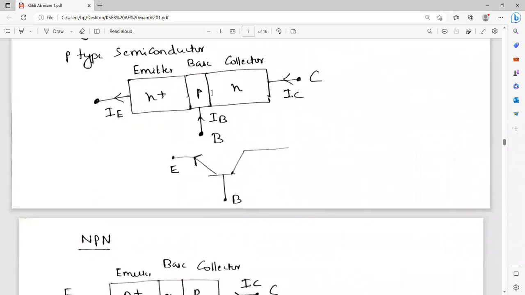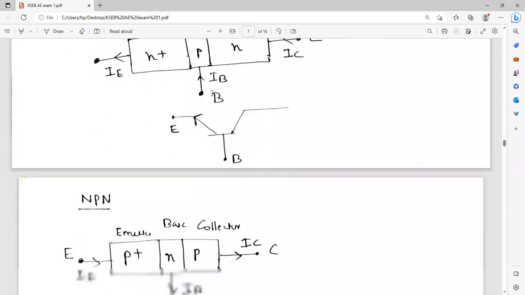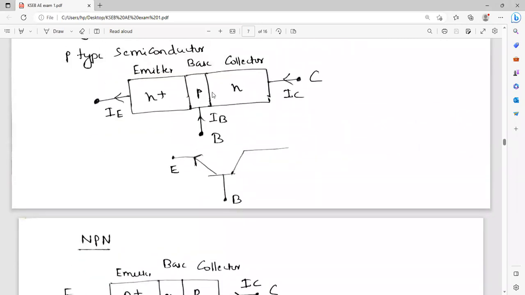Now I will discuss NPN transistor. So as you can see, this is your NPN transistor. Look at this. There are three terminals as we discussed. One is emitter, the other one is called the base, then collector. These are the three terminals. The combination is N, P, N. So that is why it is called the NPN transistor. The symbol will be like this,